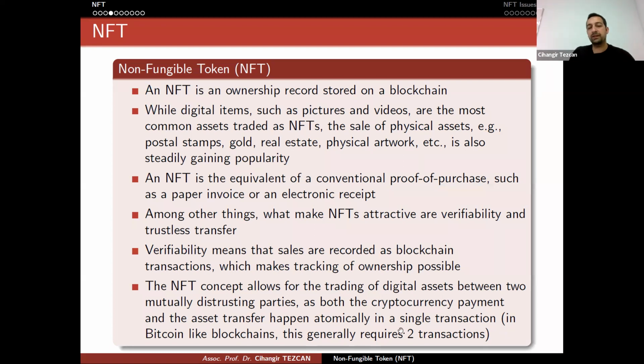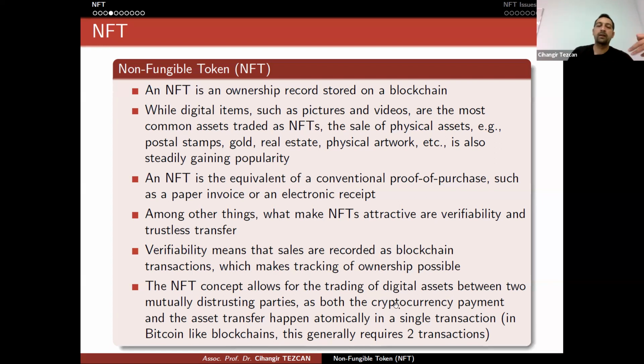But in order to do that in Bitcoin-like blockchains, since it is not Turing complete, it is very hard to write a single transaction that does both at the same time. So you have to generate two transactions, one transferring the NFT, the other one transferring the money, and you have to be sure that both happen. This is why you have the unlock time, which locks the transaction to a further block, and you have multi-signatures and so on. So it is a little bit hard on Bitcoin to do that, and there are some smart contracts that you can download from the internet and modify.